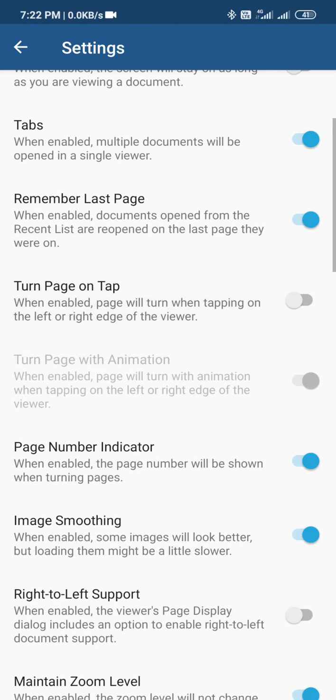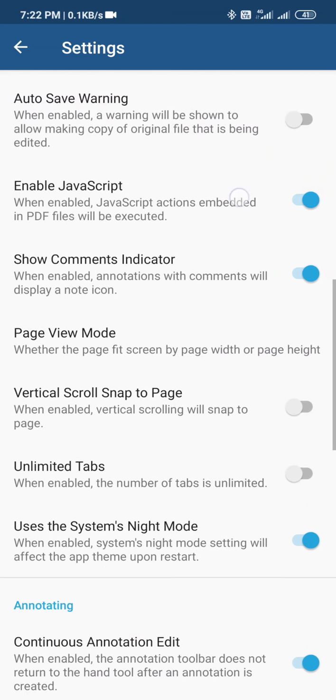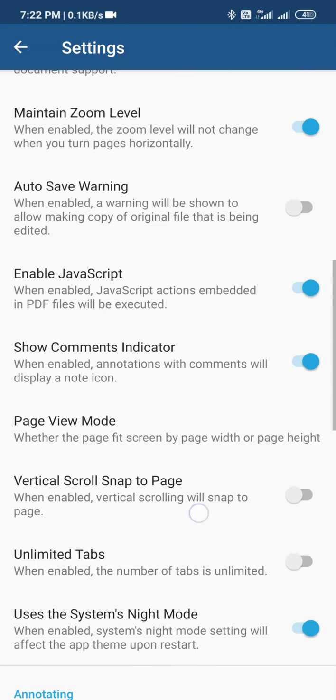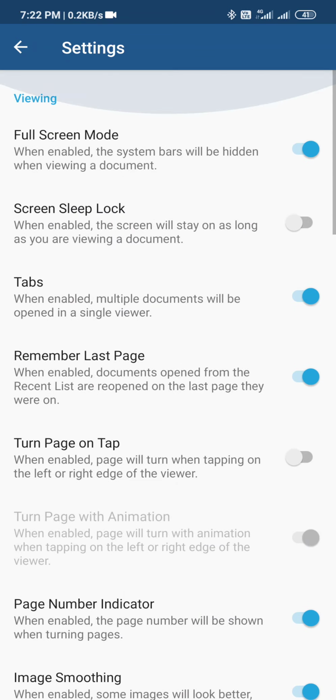In this way, you have to scroll the pages in order to move on to the next page. Also, you can see there are various settings in this. Select which is applicable for you.